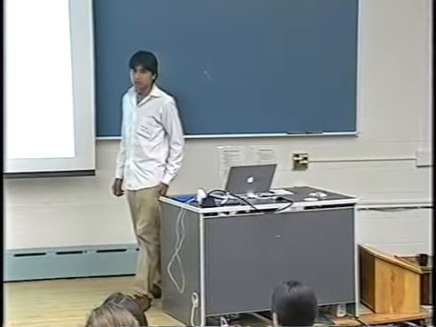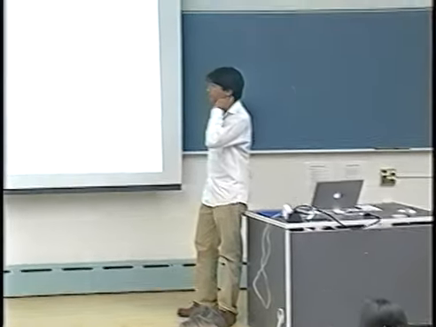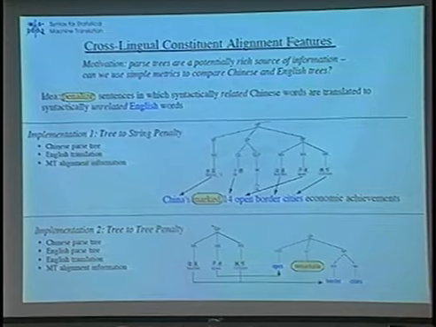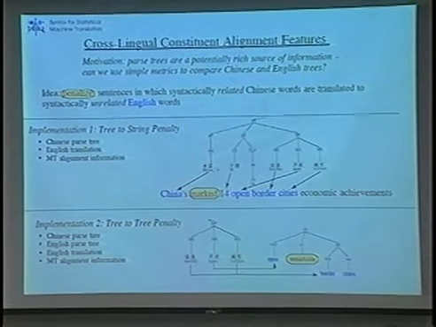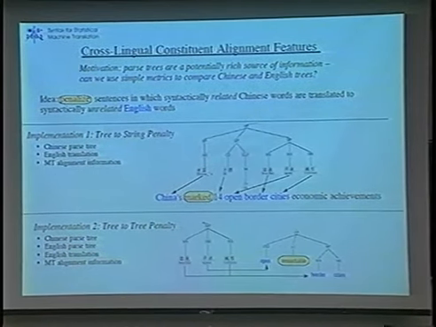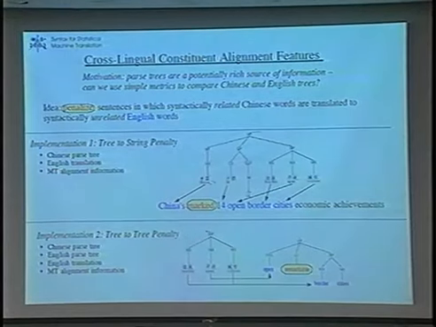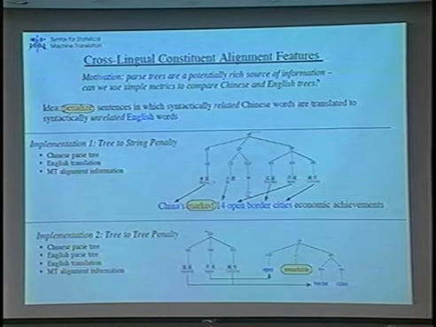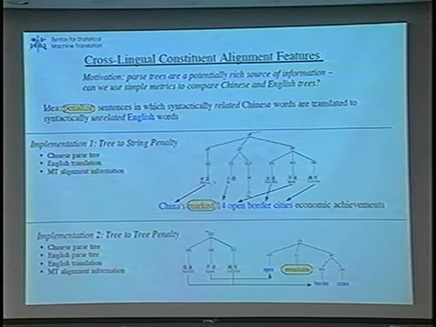So I've been looking at additional features that exploit parse trees in both the Chinese and English side, as well as the Chinese to English word alignments given by the MT system. And the basic idea is that we'd like to keep things that are related in the Chinese side together on the English side. And so we'd like to develop a measure of that. So two basic features that came out of this idea was, first of all, tree to string